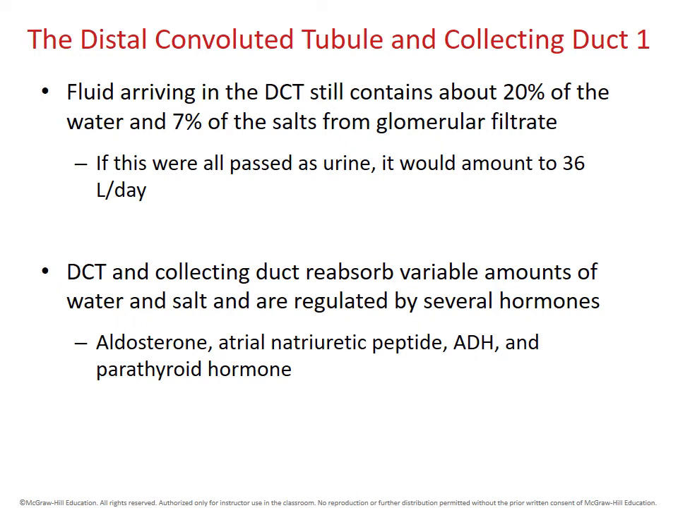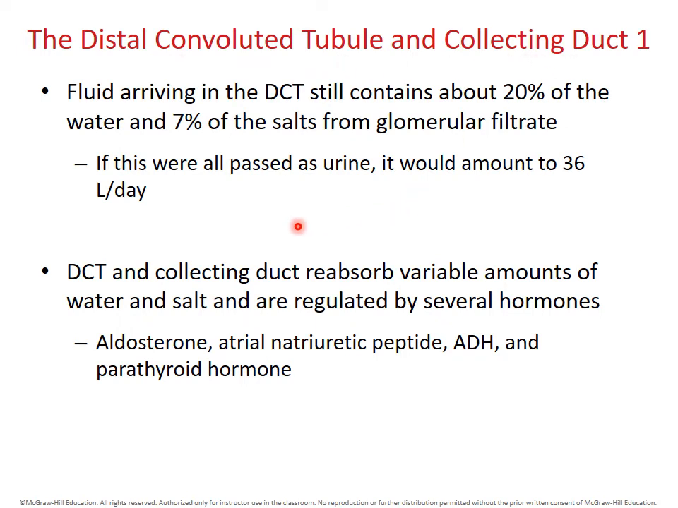if this is what would become urine, we would still urinate about 36 liters of urine a day. So that's down from the 180 liters that we filter a day, but it's still clearly too much fluid loss for a person to tolerate. So we're still going to get a significant amount of reabsorption occurring in the remaining distal convoluted tubule and collecting